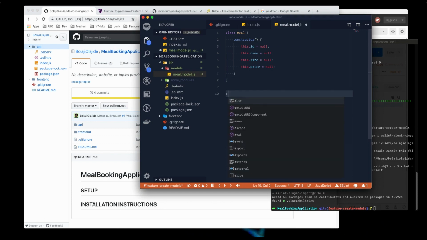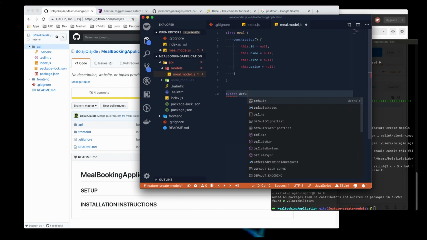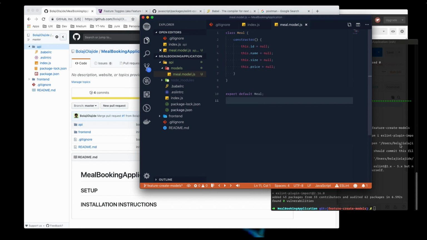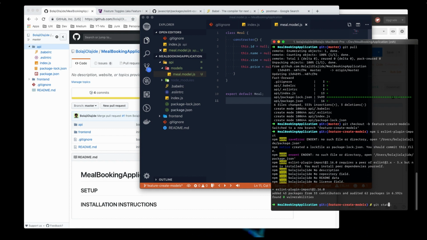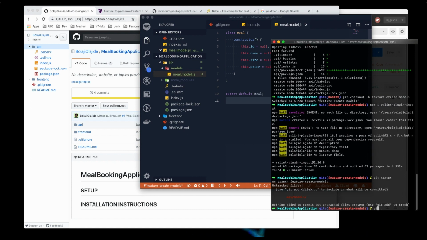What's left to do is just to export this class so that we can always access it whenever we need to. And then yeah, we can check the git status. So we have to go back up one level. Okay, I think we can stay here. So we can do a git add and